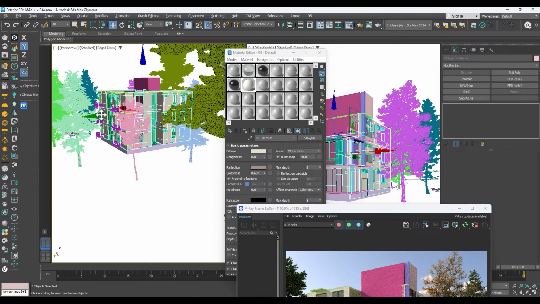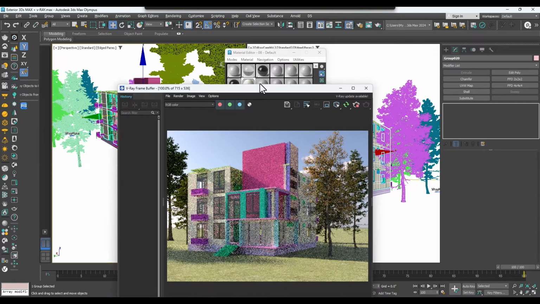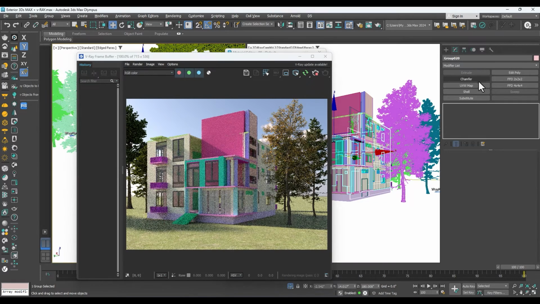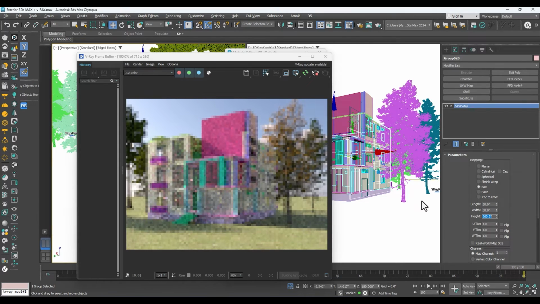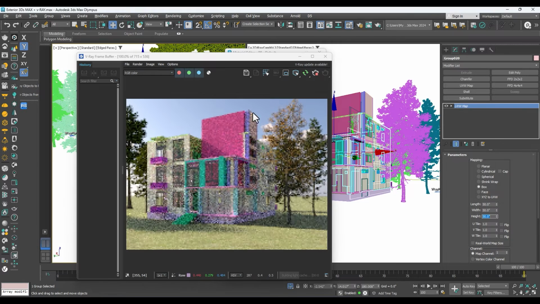And make it a group. So group, and then use here the EVW map. So here EVW map, and then box, and then one single square, like 50, 50, 50. Okay,